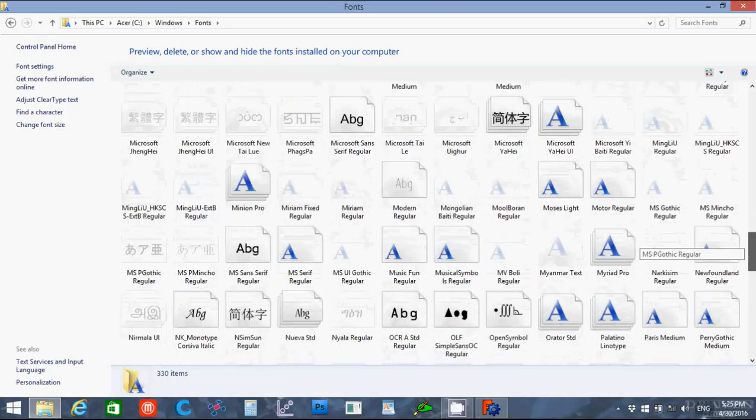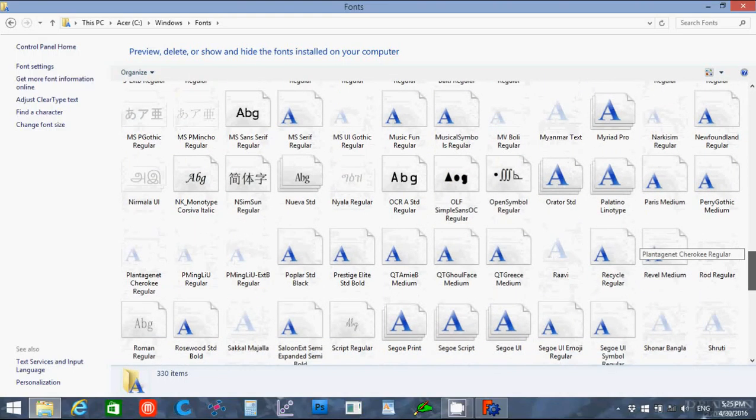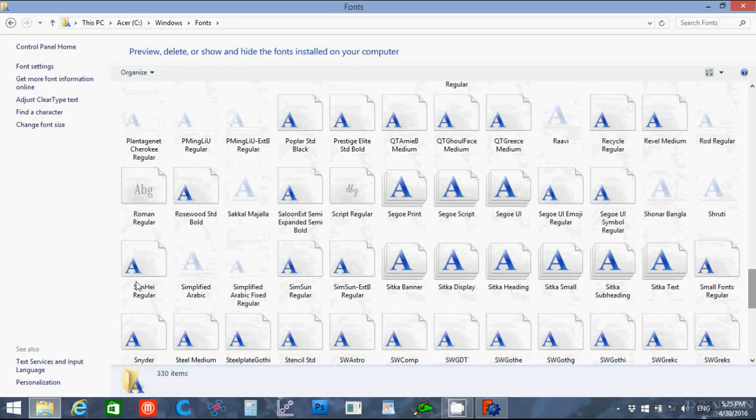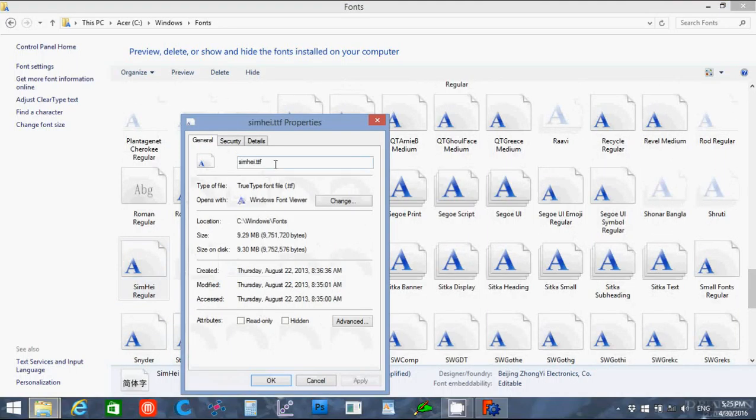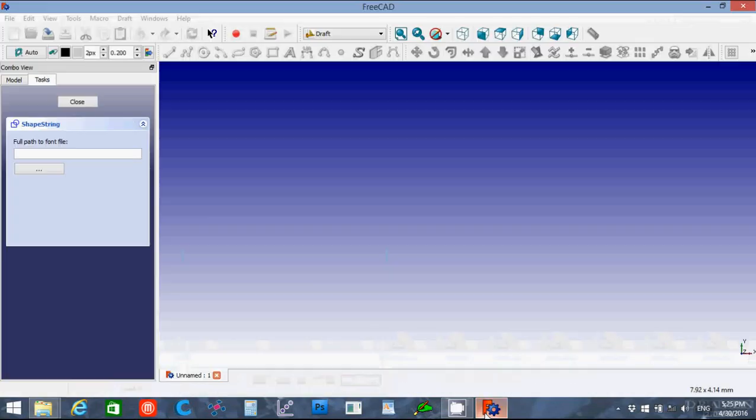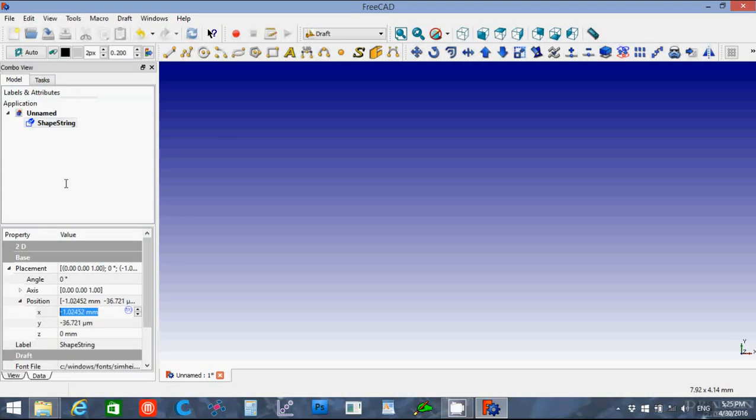Now I tend to use the SimHei, because it's got some nice thick lines. So I'm going to right click on it for properties and come up here and I can select that, go Control C to copy it, go back over here and type in C colon Windows fonts and then paste in SimHei, hit enter,